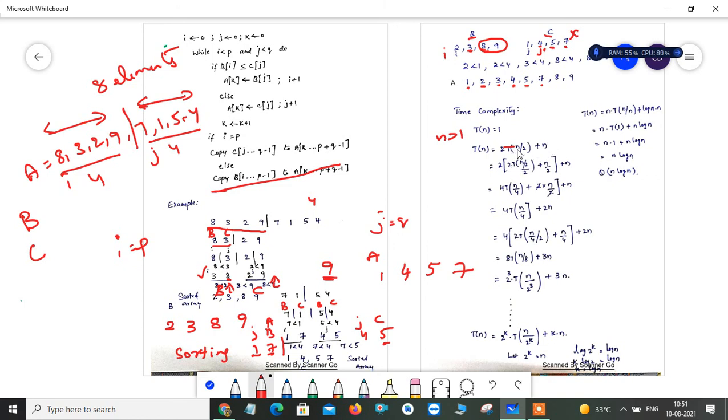Now we can apply the same thing here. In terms of n by 2, in place of n, I can replace with n by 2. That's what I'm simply doing here. So T of n equals 2T of n by 2 plus n. Now in place of n by 2, again you can consider this as n and then do n by 2 here. Then you are getting 4T of n by 4 plus 2 into n by 2. So crossing this, now you are getting 4T of n by 4 plus 2n.